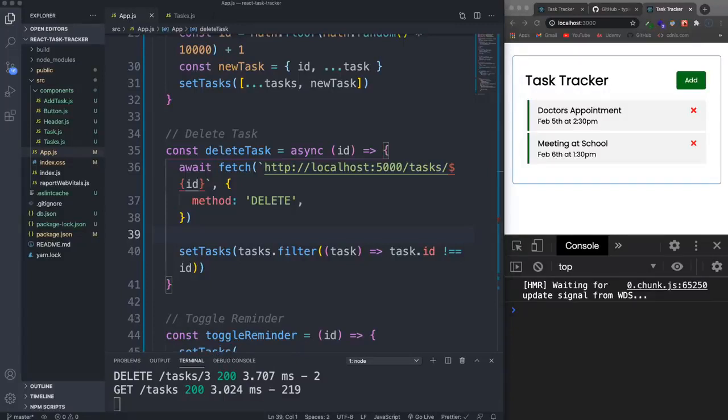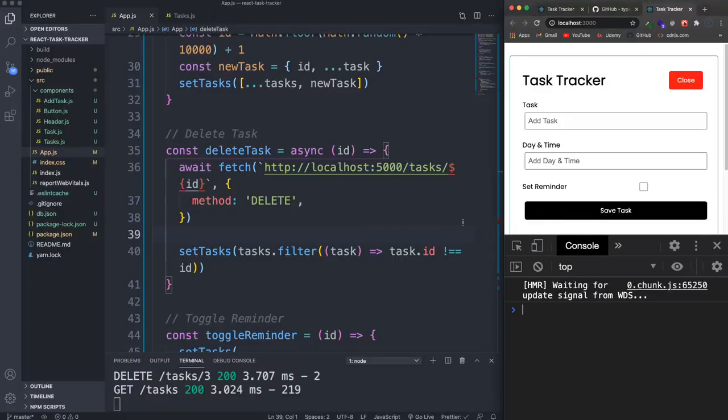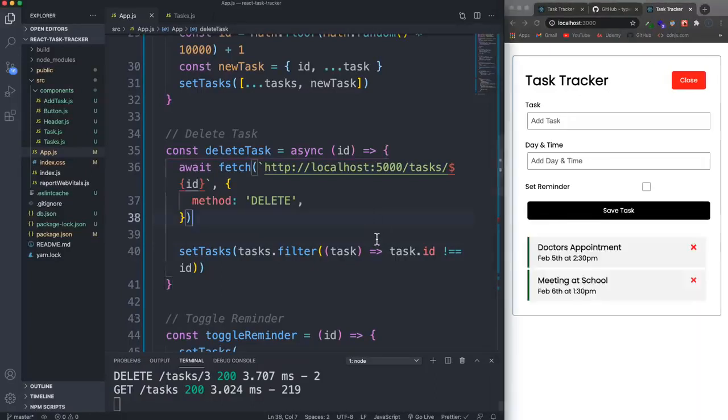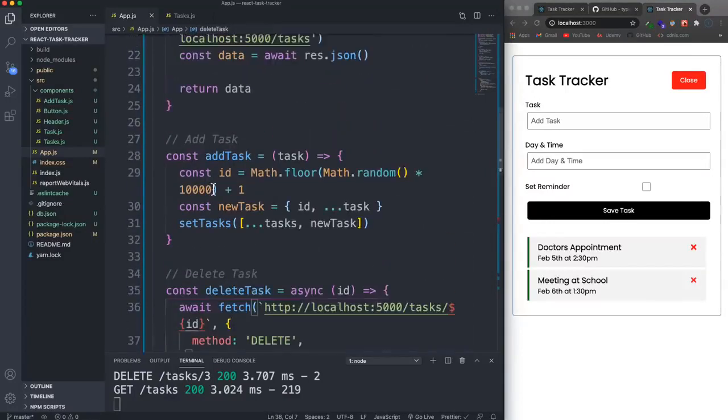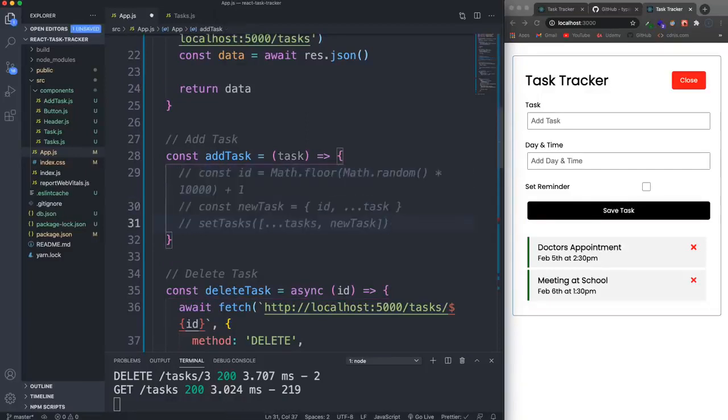So next thing, we're able to list them and delete them. We'll do the add. We want to be able to add a task and have it persist to our back end. We have our add task right here. Again, we're not going to need to create an ID because it assigns an ID for us. So what I'll do is comment this out just in case you guys need it,